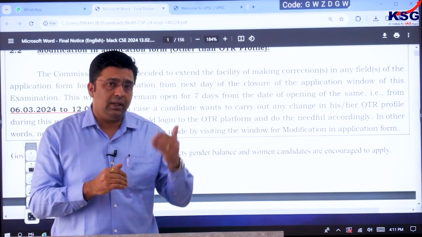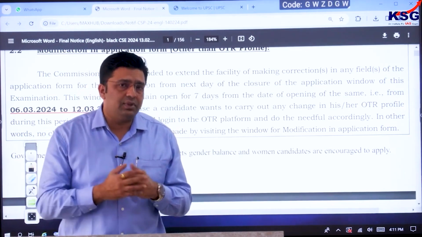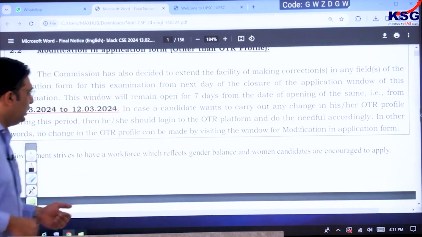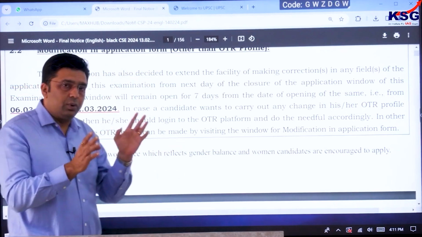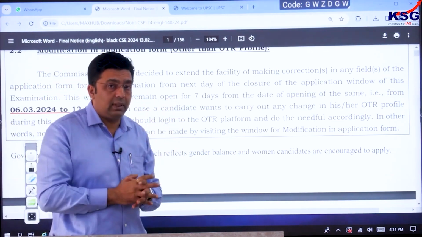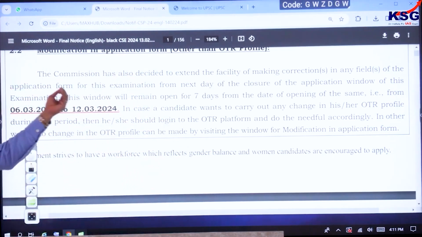However, let's say you are filling up the CSC form, आप फॉर्म भर रहे हैं and in that context आपसे कोई mistake होती है तो वो भी आपको change करने के लिए allowed है. Okay. However, this window of the change, इसमें confusion नहीं रखना है. OTR में change एक ही बार कर सकते हैं. However, अगर आप फॉर्म जो normal भर रहे हैं CSC के PT का, in that context आपको अगर changes चाहिए